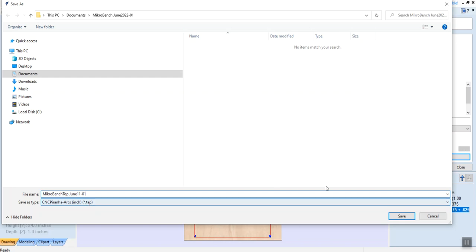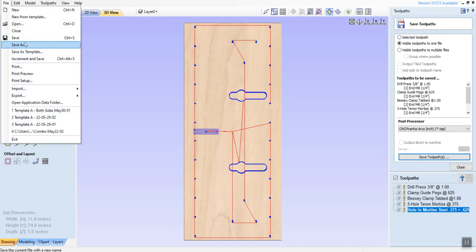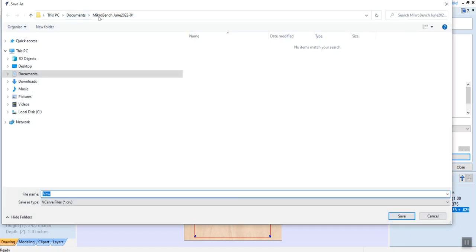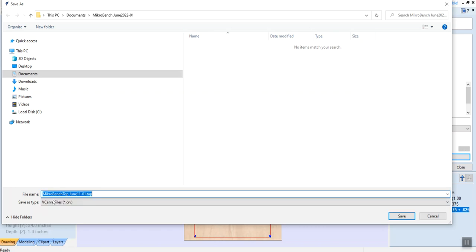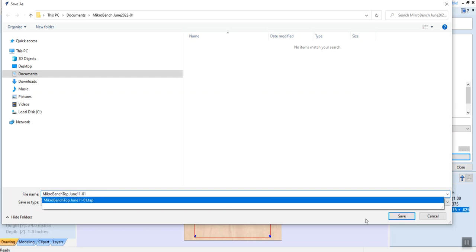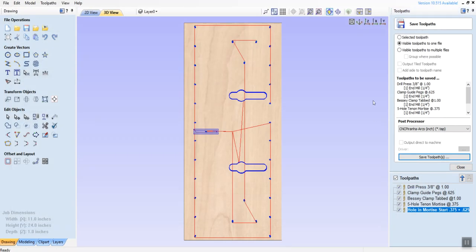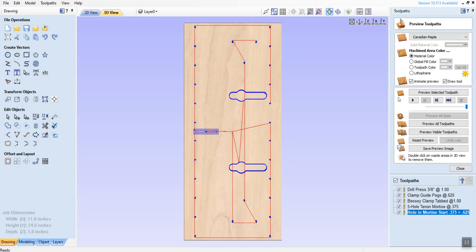And it's going to create a TAP file, and then I'm going to actually save the file itself as a CRV or whatever they call it, CRV, right? And then I can call it micro, and it already has a name down there kind of similar, so I'll just stick with that, get rid of the TAP, and then it'll save that as a CRV. So I'm all set to go, and what's going to happen is, theoretically,